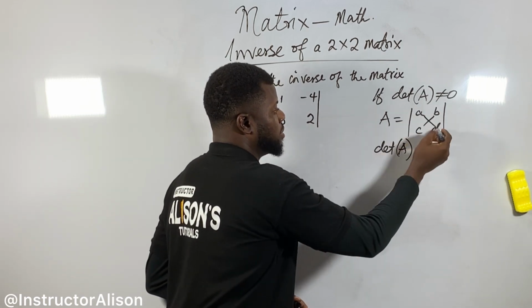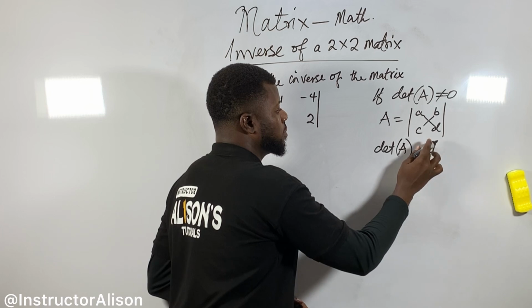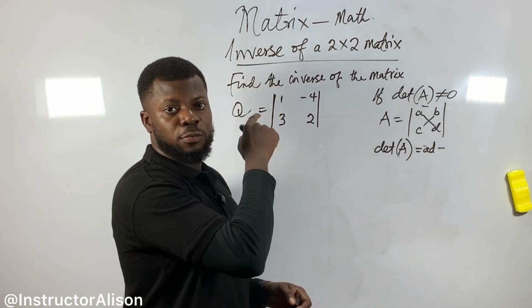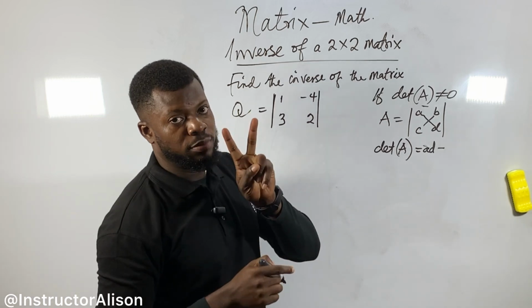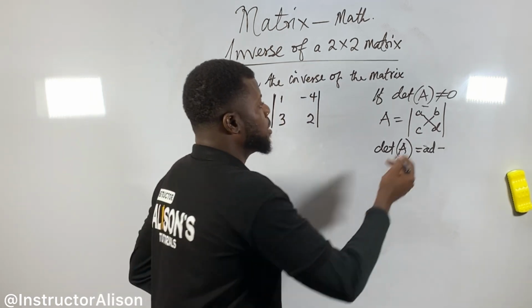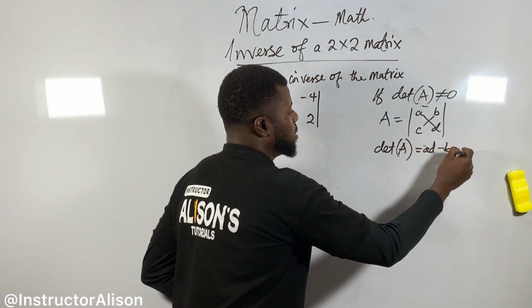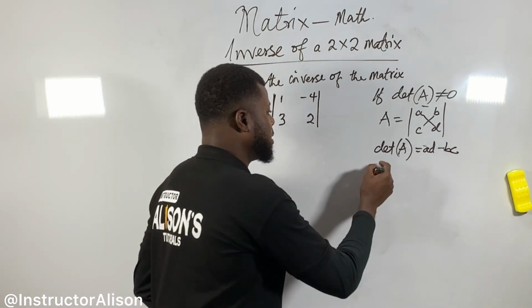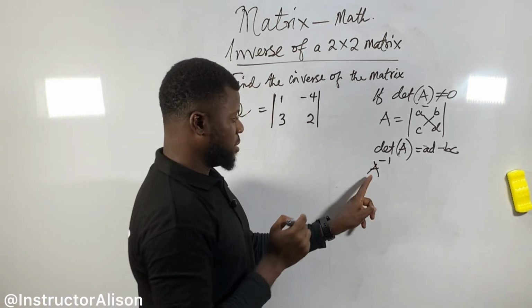That means A times D gives me AD minus, where this minus come from? Again, minus BC, where they exist here. When they multiply the diagonals, it works for a 2 by 2 matrix, 3 by 3 no dey like that too. Then B times C go give me BC. So when I finally get this determinant of the matrix, to find the inverse of this matrix A, see now,